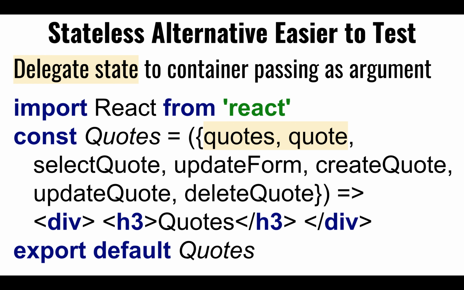It has no event handlers in here, no state maintenance. There's no access to any services. It purely depends on somebody feeding it everything. The state, here it is, quotes and quote. This is a state that somebody's going to call. It's going to instantiate this function and pass it the state. Internally, the HTML will iterate over those quotes. It'll do identically the same rendering, but instead of using the local state, it will use whatever is passed in as an argument. Make sense? Same thing for the